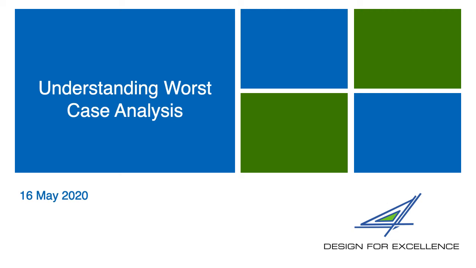In this capsule, I will be discussing briefly the process of worst case analysis. The worst case analysis is a process in which the analysis brings out the variation in the design due to the component tolerance issues, so that the designer upfront knows when there are variations in the tolerances, how they have to be accounted for in the design.